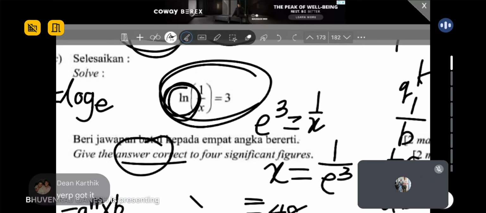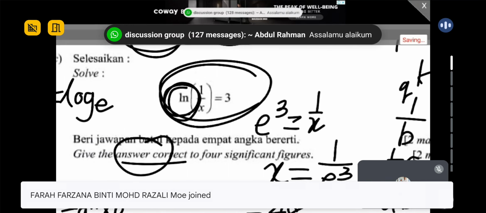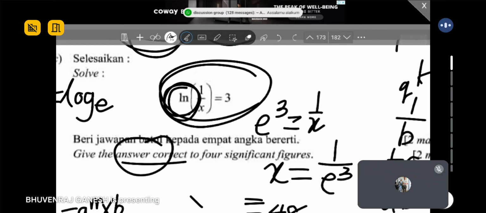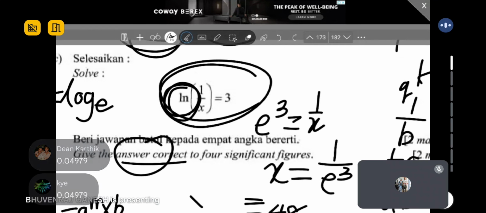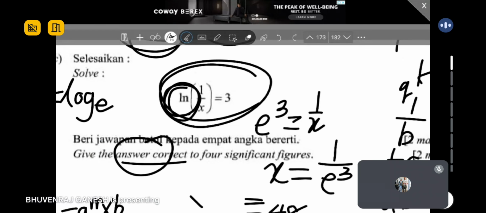Okay, so now based on this answer, they ask for 4SF, guys, 4 significant figures. So can anyone type out for me what is the correct answer? For 4SF, 4 significant figures, you must understand what 4 significant figures means. A lot of people don't understand what is meant by 4SF. So do you all know or not? Yes, very good. Okay, so the answer is